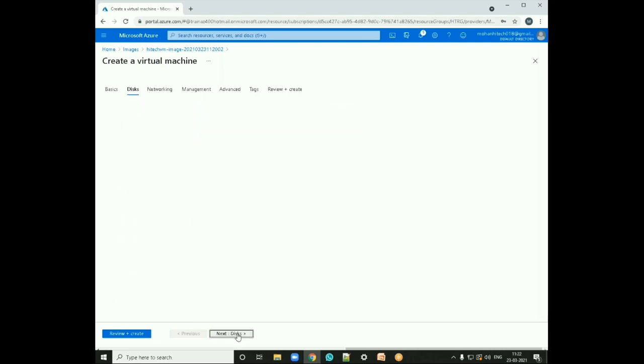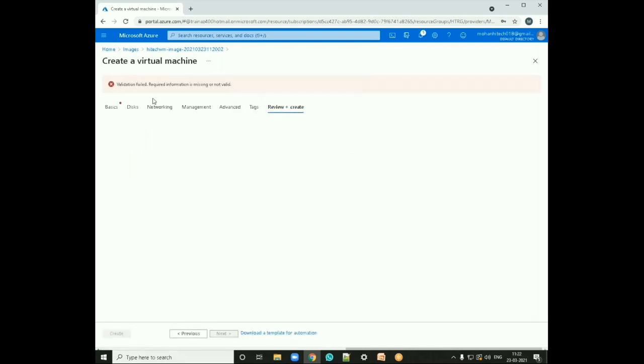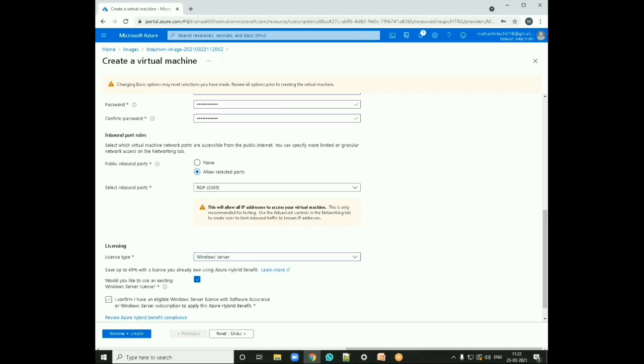Under security groups, then next disk, networking, management, advanced, tags, review and create. Finally, I'm validating things. Let's wait for a while. What is happening here? The license type. Okay, Windows Server, and there is a license I have given.